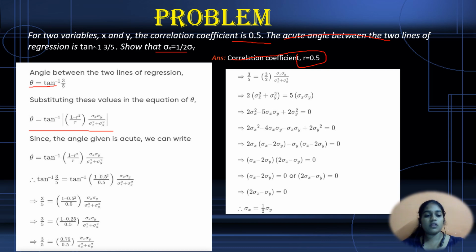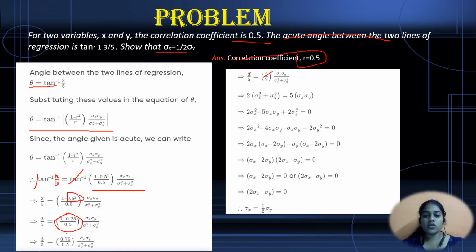Cancelling the tan inverse, we have 3 by 5 equal to; squaring 0.5 gives 0.25, and 1 minus 0.25 divided by 0.5 gives 3 by 2, into sigma x sigma y divided by (sigma square x plus sigma square y). Cancelling the 3 and 3,